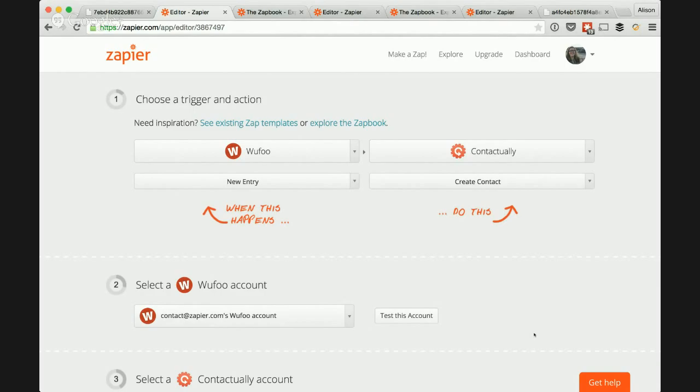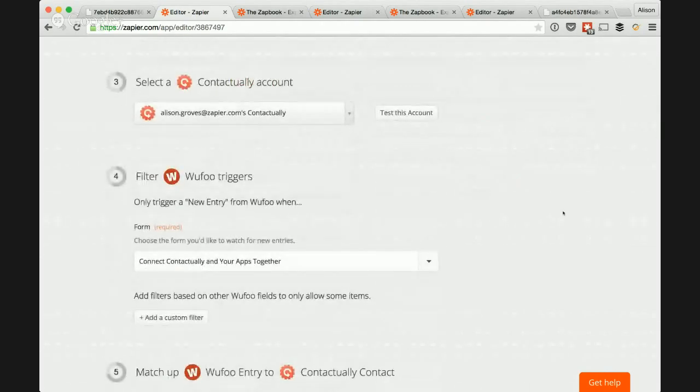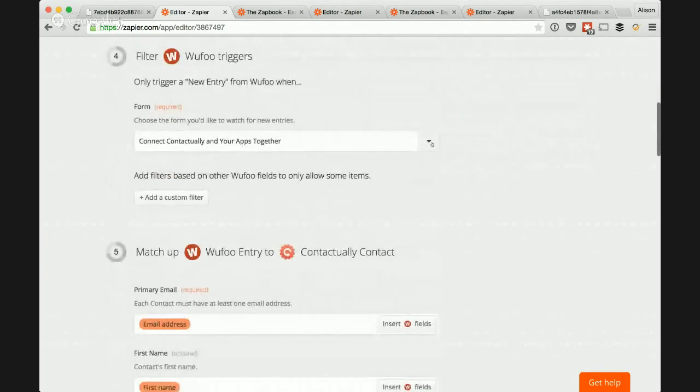So what that would look like on our side of things is very, very simple. If we're going to use Wufoo as our form example, and there are many other forms that you can use out there, we'll just look at Wufoo for this specific example. We're saying here, anytime anyone has a new entry in Wufoo, I want to create that contact automatically in Contactually. And when we scroll down a little bit here, after we get our Wufoo account connected and our Contactually account connected, we can then say, anytime anyone fills out this particular form,